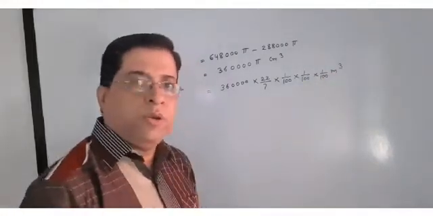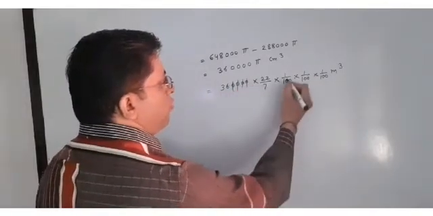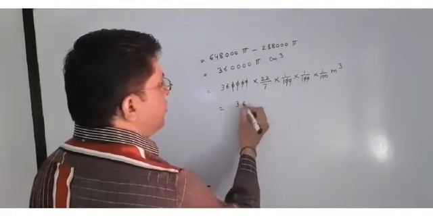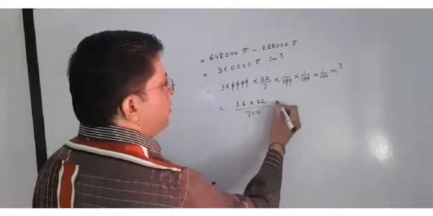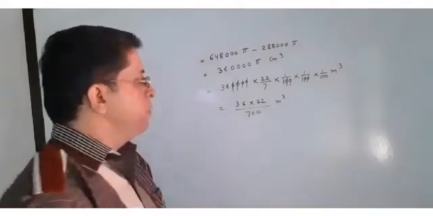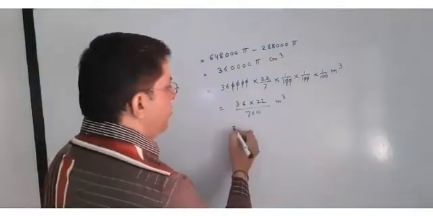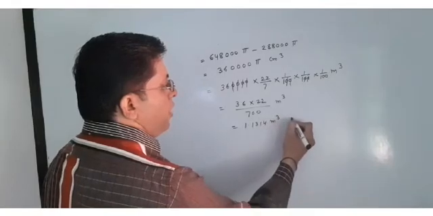Now what I am going to do, I am simplifying 1 2 3 4 zeros, 1 2 3 4 zeros. Then what will come? 36 into 22 upon 700 meter cube. Okay. When you divide it, at last you will get 1.1314 meter cube, and this is